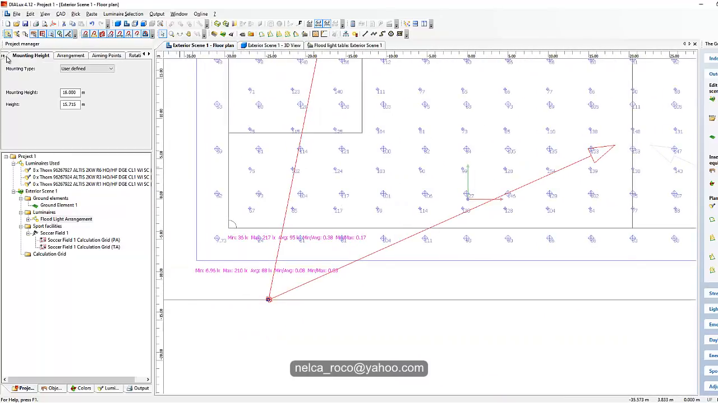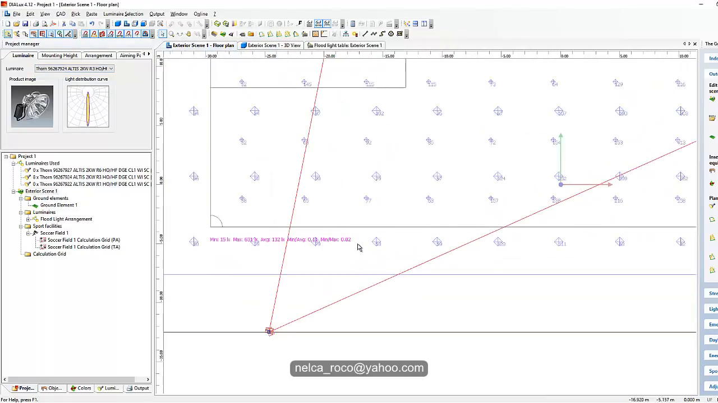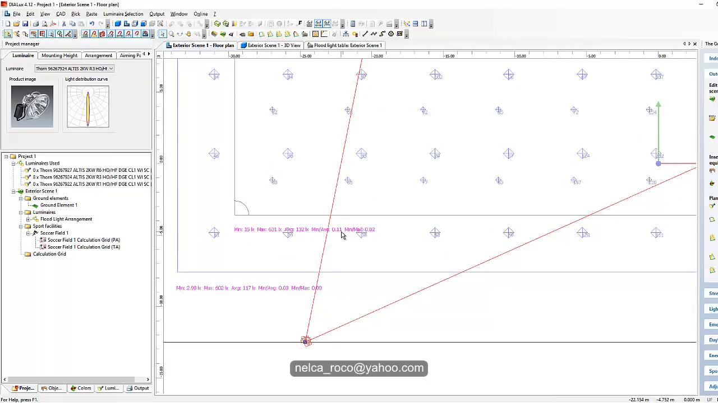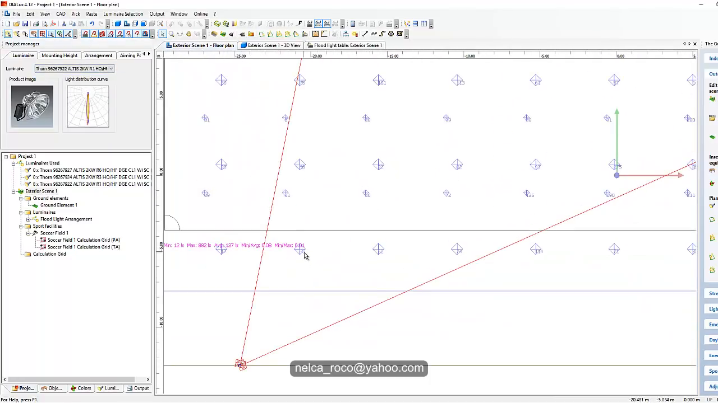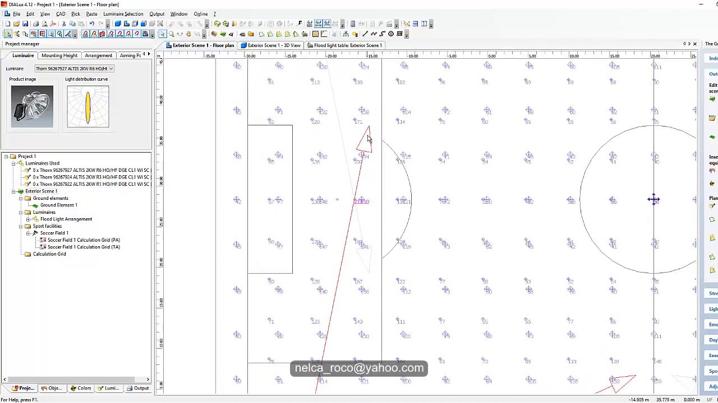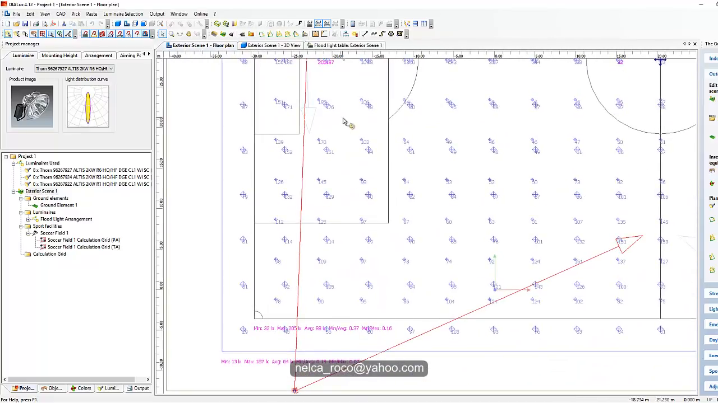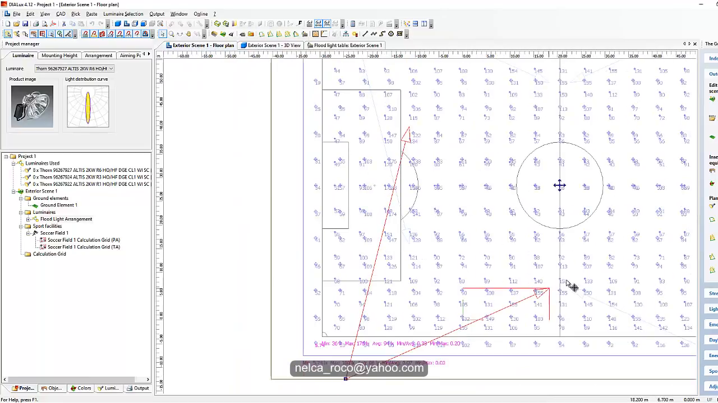0.38. Or maybe we can change the floodlight optics now because I use R6, which is a little wide. And then if I use R3, for example, then it becomes, look at that, 0.11. Even if I use R1, it becomes 0.08. The uniformity is bad. So let's still use the R6 for now. Maybe we can add one more fitting. Okay. Let's check